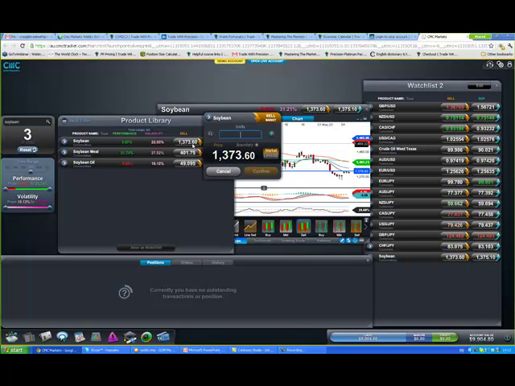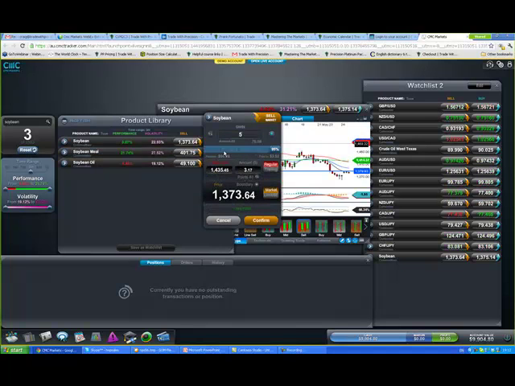Now this is where the new CMC platform just nails it. They've just done this so well, and I'll show you why. You're probably all used to using it, but we're going to give it a crack now. I did the calculation. Okay, let's just try it. We'll just put 5. So you put in units. Don't worry if you get to that point and you go, oh gosh, I don't know how many units, because it's going to help you out. What we want to do over here is come to limit, and we're going to put in our level. Now the level we want to do is 1372.